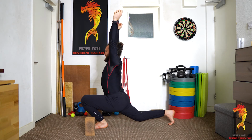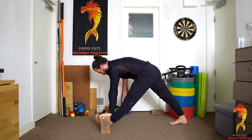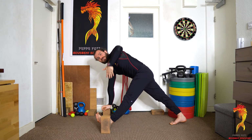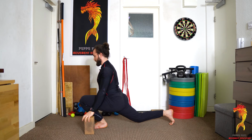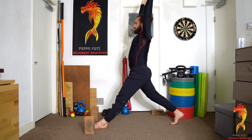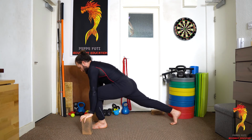Knee forward, stretch, lift your chest, hands on the bricks, going back. Hold, 3, 2, 1, and now before we go down, we add a little twist, hold, and come back. Now, forward into the lunge, arms go overhead, bring yourself up, balance, number 2, down, push the shoulders up, lift your chest, shoot your knee forward, back,